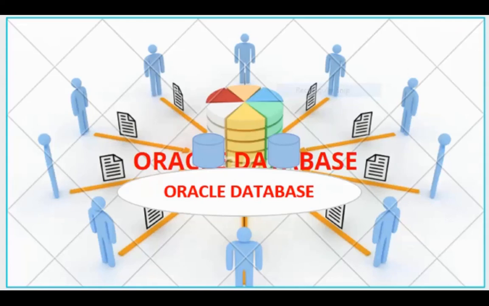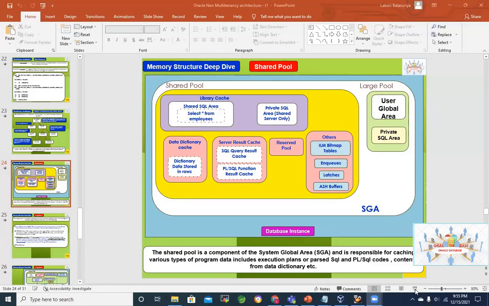Let's continue our non-multi-tenancy traditional database architecture explanation. Let me share the screen. We have been discussing shared pools, so let's continue the discussion on the shared pool. I think you remember in the last session we got the introduction for most of these components, and we did a basic practical as well to see the components a little bit. So let's continue from there and let's continue our hands-on as well.